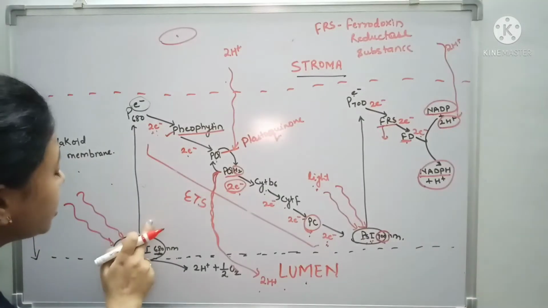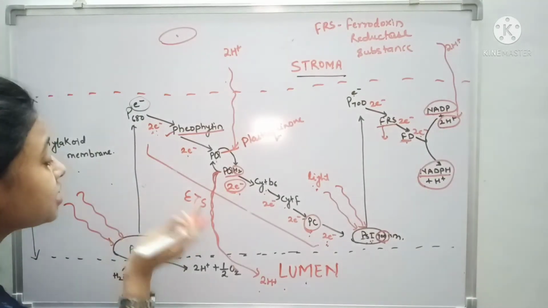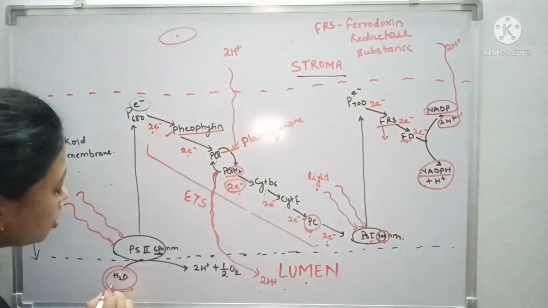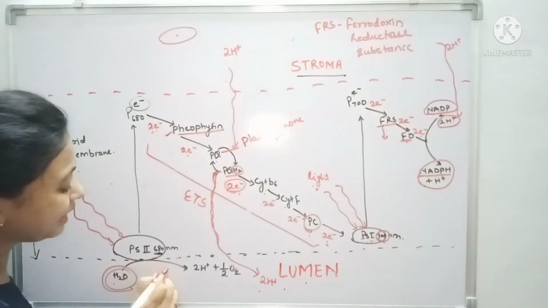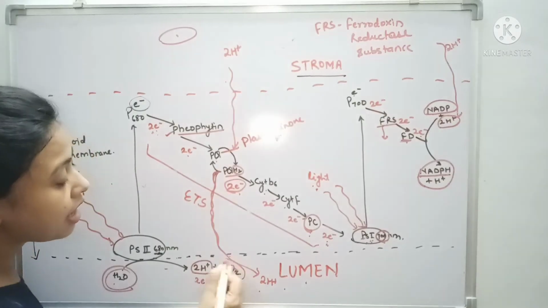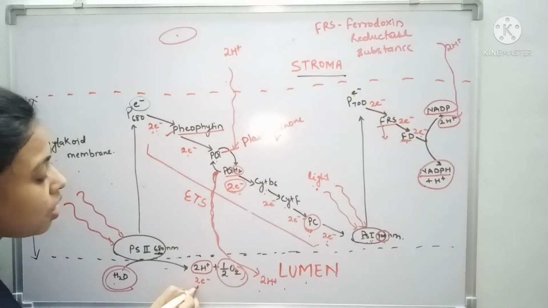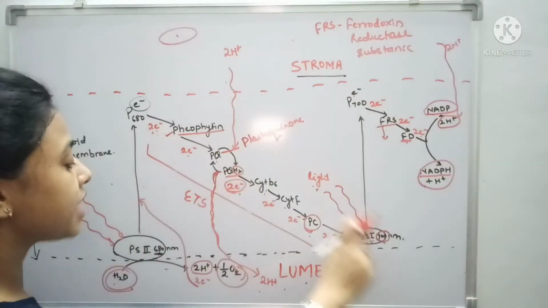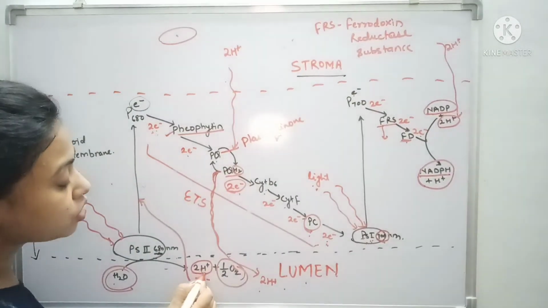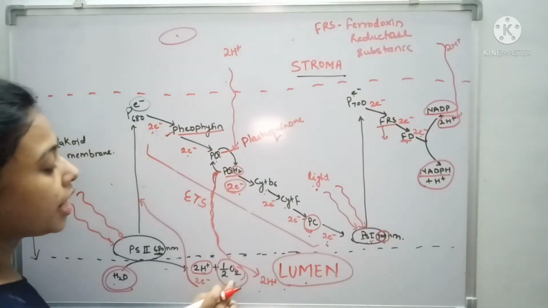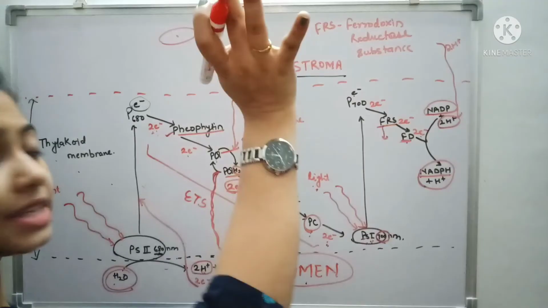That is why this photosystem second takes its next electron from the water molecule, because when this water molecule gets split, it releases 2 hydrogen, 2 electrons and oxygen. So this 2 hydrogen will again enter into this cycle, and this hydrogen remains in the lumen part. And oxygen gets released outside the cell.